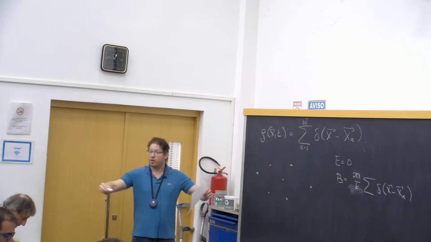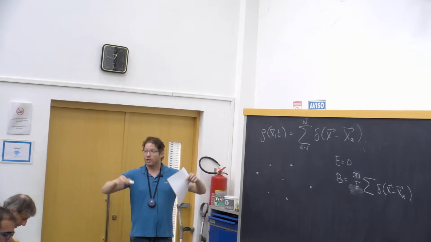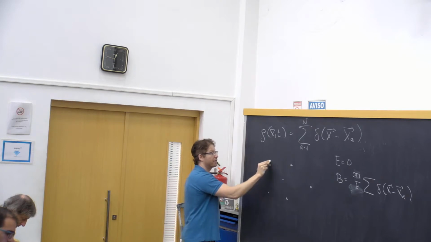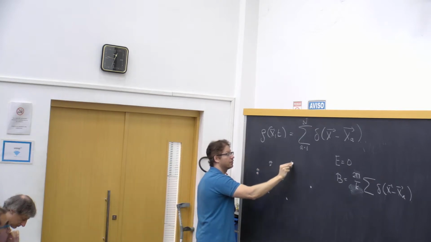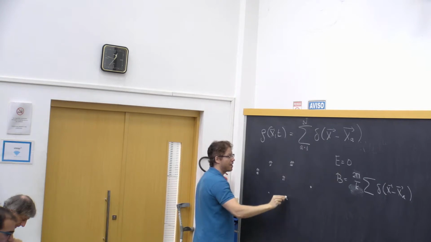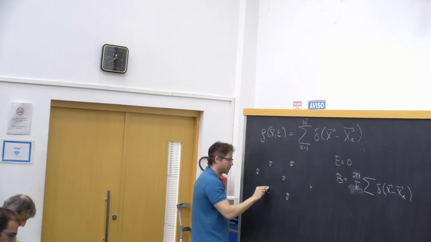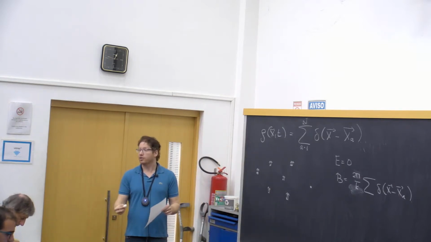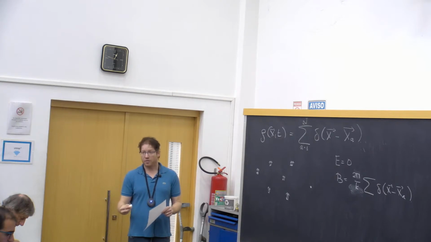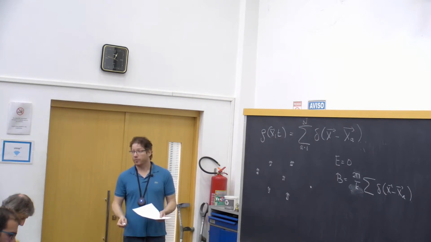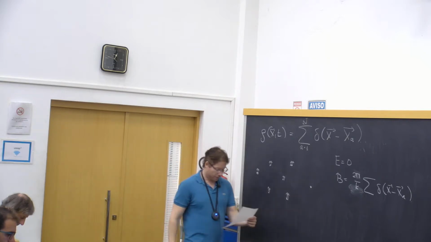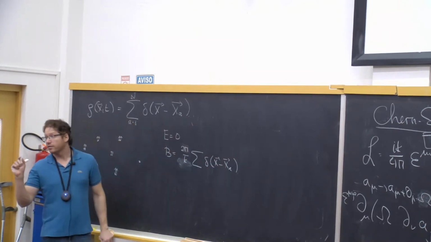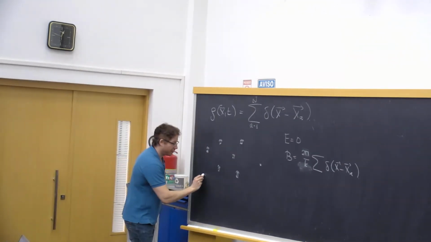So the magnetic field doesn't propagate in space. It's localized to the particles. So each electric particle now carries magnetic field. And the magnitude of that magnetic field is, roughly speaking, 1 over k. That's what you've got to remember. That now each particle leads to a fractional magnetic field, which is 1 over k in some natural units. So each particle is therefore a little solenoid, right? So each particle becomes a little solenoid.